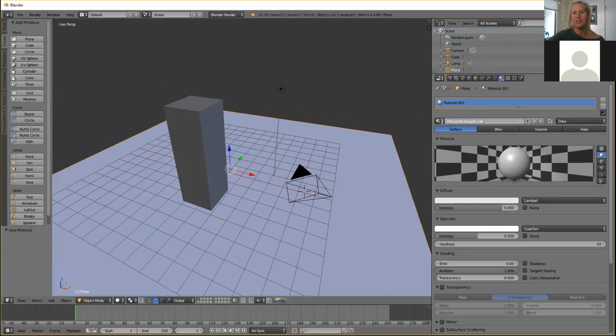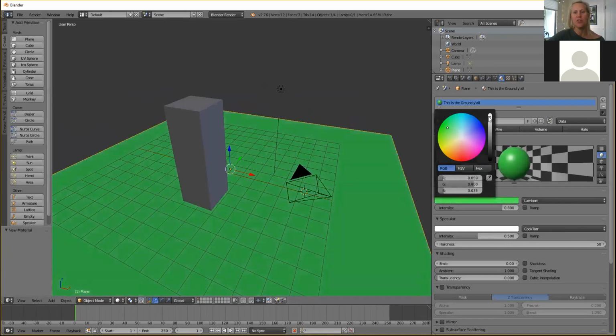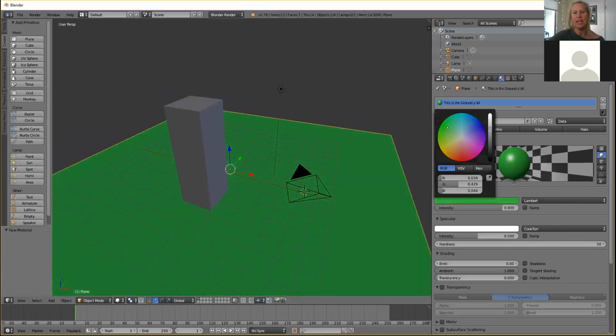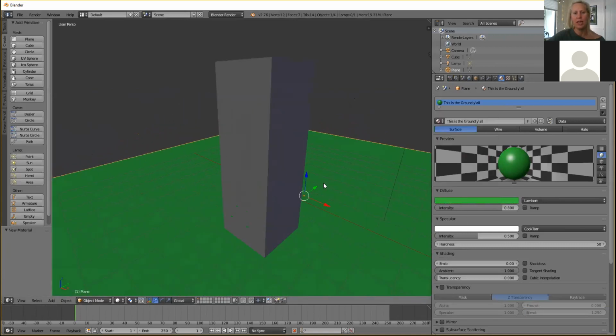This is the ground, y'all. Excellent. And then under diffuse, that's where you're going to pick your color. Just click on that box and then just grab and drag that to a pleasant green color if you'd like, green grass. Right now he's increasing the shading on there. Excellent. Yep. Perfect. So we have a building and we have